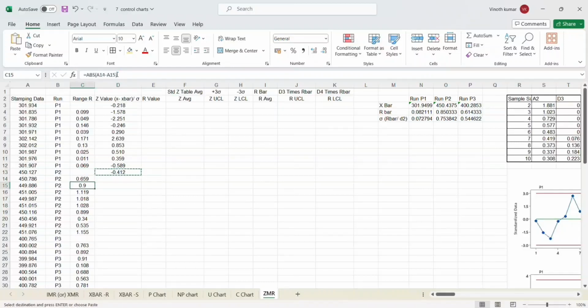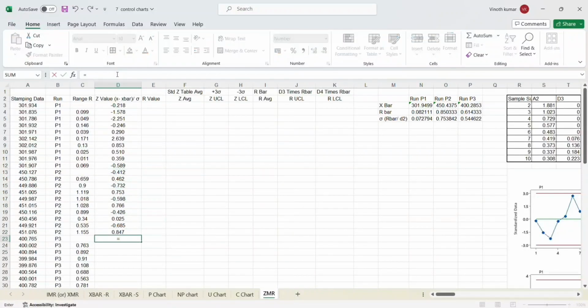I copy this. As I was explaining in the beginning of this video, if you see this carefully, even though these values are not comparable for production run 3 and production runs 1 and 2, the corresponding z values are comparable. That is the crux of this entire control chart. So absolute value minus the production run 3 average, and I freeze the formula,